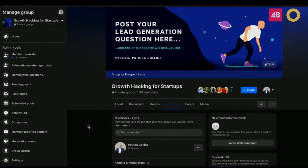So that's why I would say in early stage, have your website, don't have all the social media channels. You might buy the domains and the Twitter and Instagram handles, but you don't need to push them. And just have a Facebook group. And then people on your site can click, go to your Facebook group, you can direct them there,